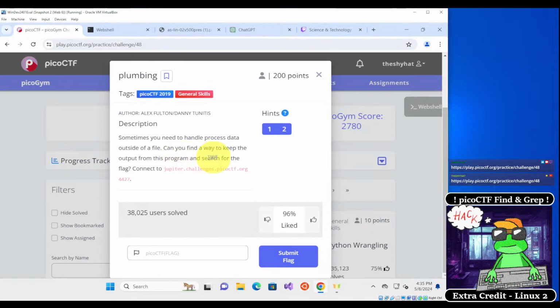Sometimes you need to handle process data outside of a file. Can you find a way to keep the output from this program and search for the flag? Connect to this server right here and on this port right here. Okay, so what we're going to do is we're going to be using the netcat command, which is a networking command for accessing different servers, and we're going to try to solve the challenge by accessing the server